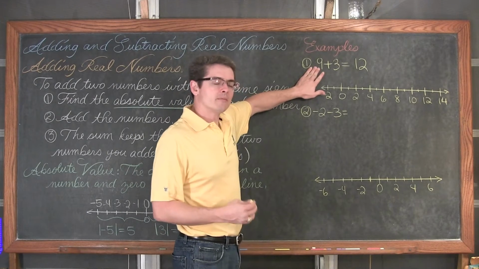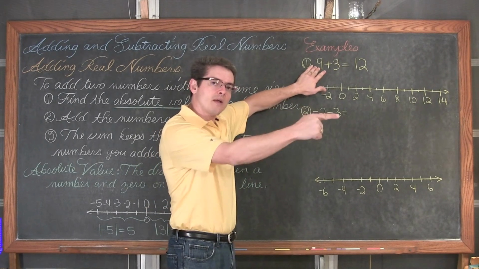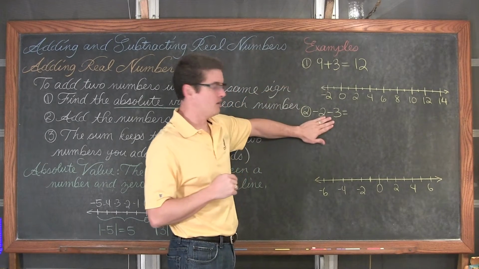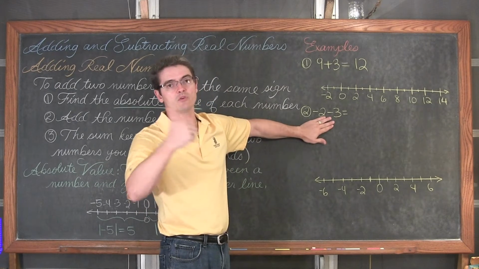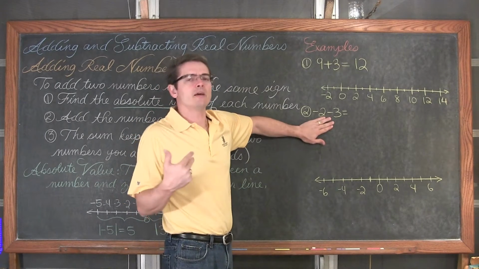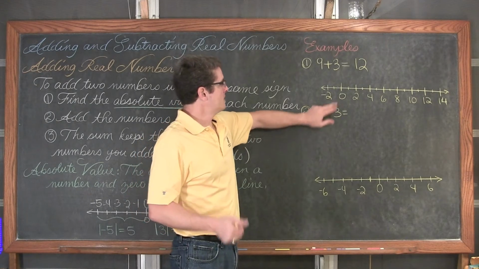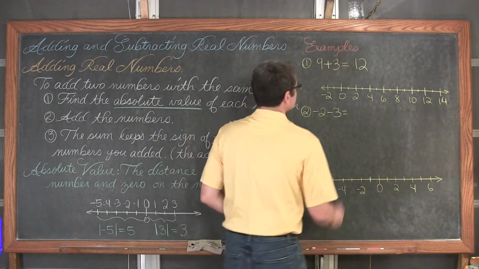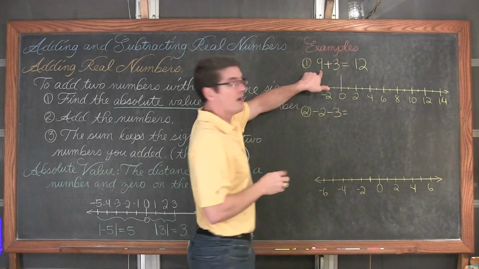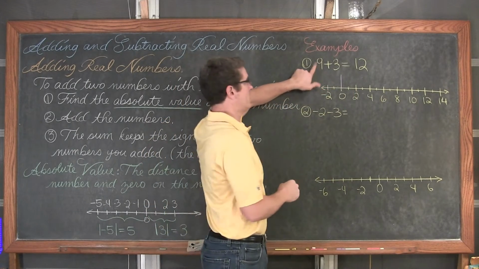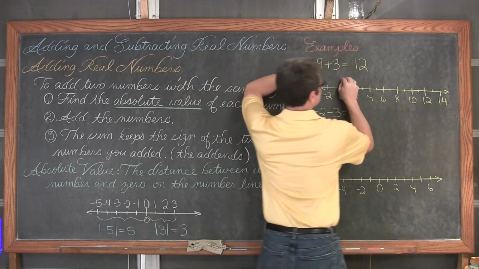The addition of a number, a positive number, is a movement to the right on the number line, and ultimately here we're going to talk about negative values, and those are a movement to the left. Negative values or subtraction of a value is a movement to the left on the number line. So if I start off here at 0 and begin with my positive 9, that's 9 movements to the right because it's a positive 9.